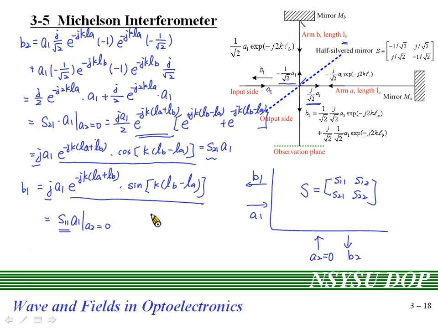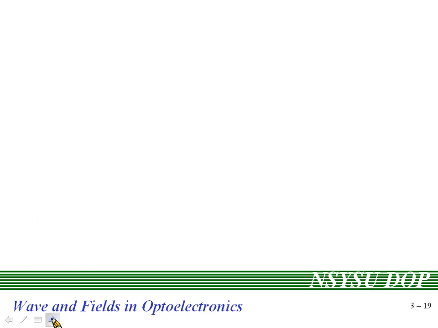And from these two equations, you have obtained S11 and S21. As we know, due to the symmetry of the scattering matrix, S21 will be the same as S12. So you have obtained these three components. As for S22, you can obtain it following the same process by interchanging 1 with 2. So we can easily obtain the scattering matrix of the Michelson interferometer, which is written in this way.